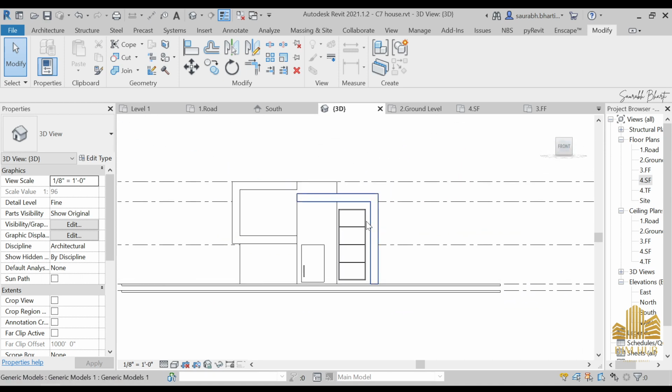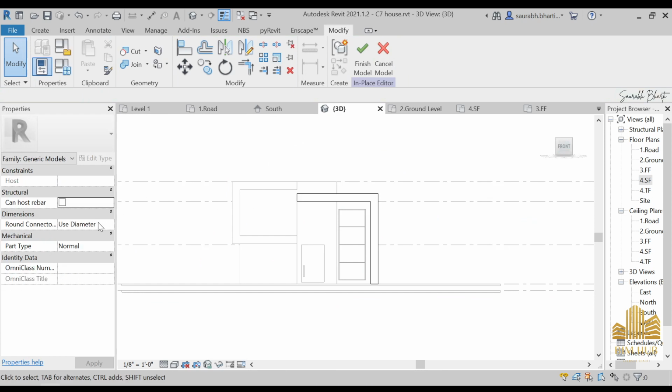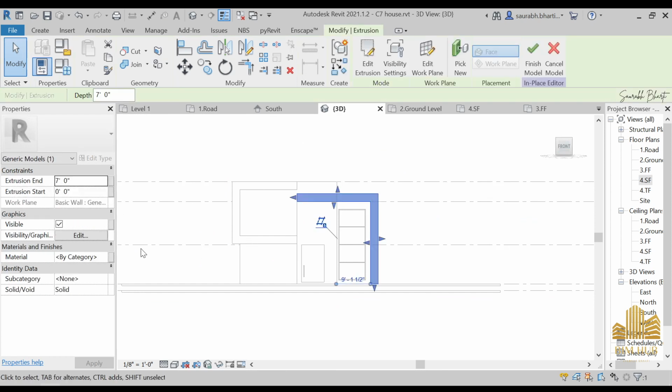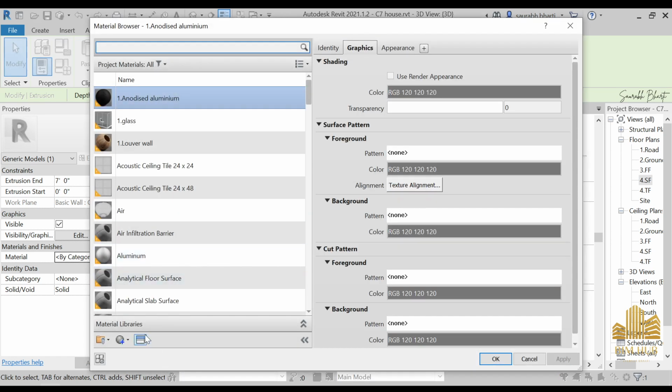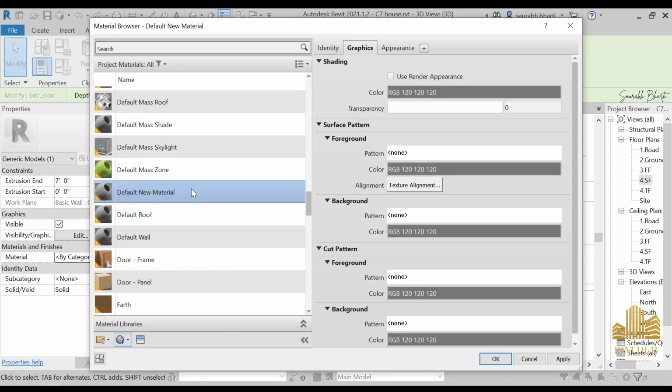Again, go to the front view, select this one, edit extrusion, then we have to provide it with a material. We would have made both extrusions at one time, but I considered making them one by one. After this we have to provide it a material, so just go to by category, create new material, and here we have to rename it as one dot